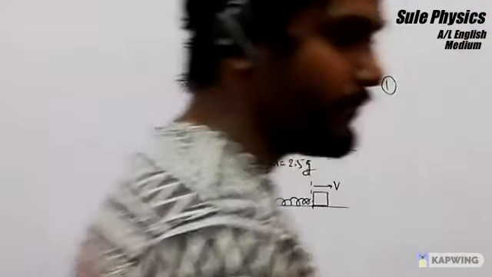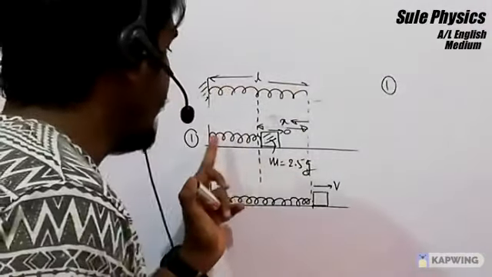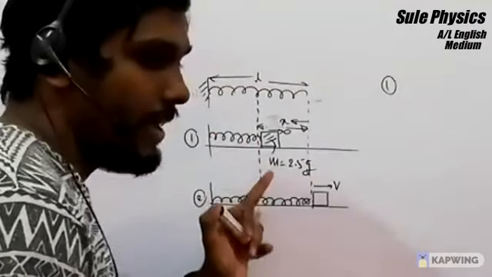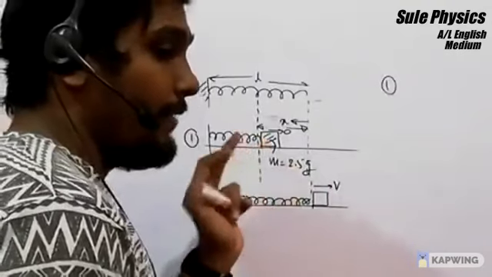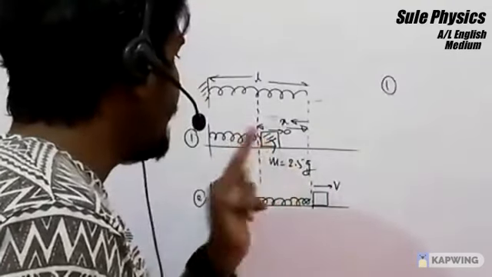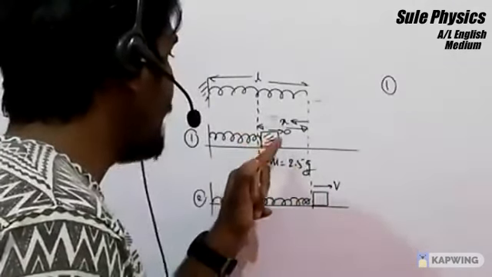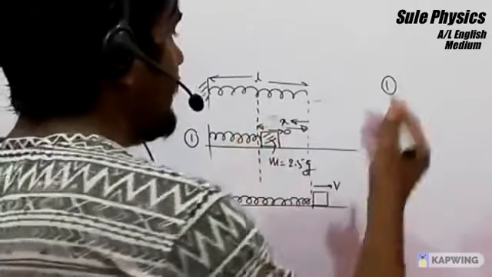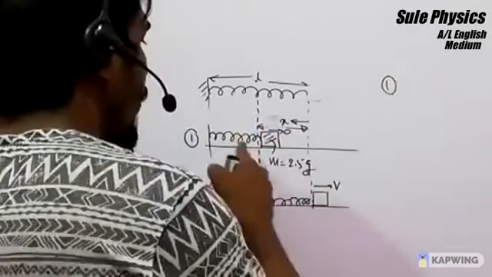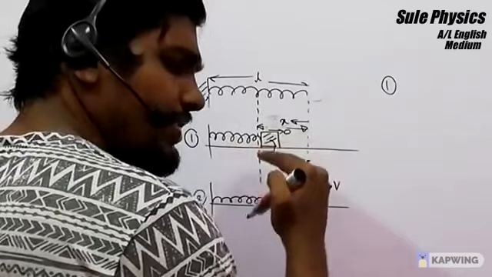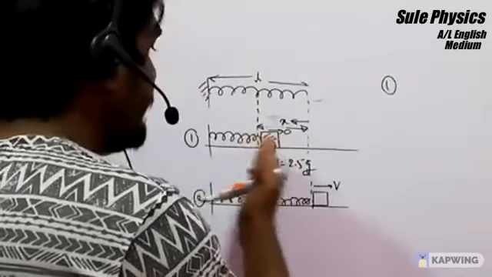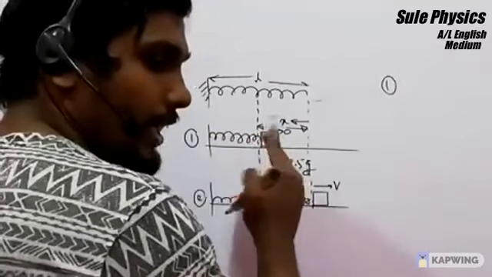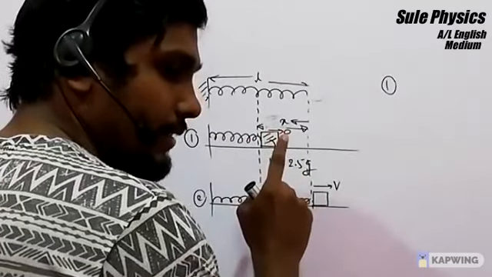Right, okay. So initially this system is at rest. The velocity of this mass is 0, therefore there is no kinetic energy in this system. So kinetic energy is 0. What can we say about potential energy due to the elevation? All these systems are on the ground, therefore there is no potential energy as well.